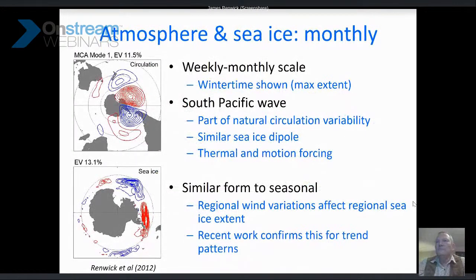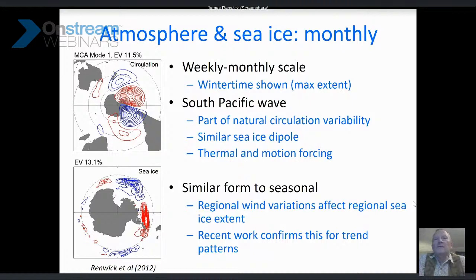And if you look on a sort of closer to monthly timescale, and I apologise a bit for this plot, it's not quite so obvious what's going on. It's from a different paper, and it wasn't drawn with the circulation and the sea ice on the same plot, so you've got to kind of look between the top and the bottom. But this is looking at roughly the monthly timescale, and again, the year-to-year variations have been taken out of this, so it's just what happens on that kind of monthly timescale. And what you see again is this sort of sequence of highs and lows and relative increases and decreases in